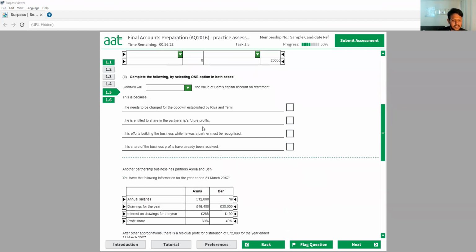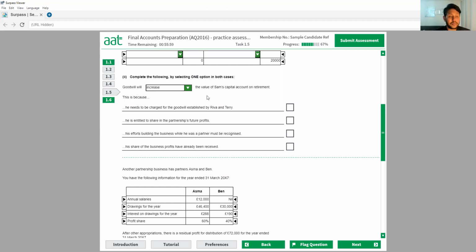It says complete the following by selecting one of the options in both cases. Goodwill will increase, decrease, or make no difference to the value of the capital on the retirement. If someone is retired, the goodwill will increase the capital. Remember that. Goodwill will always increase the capital,